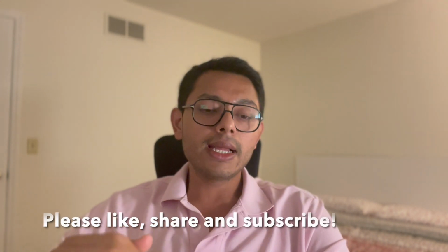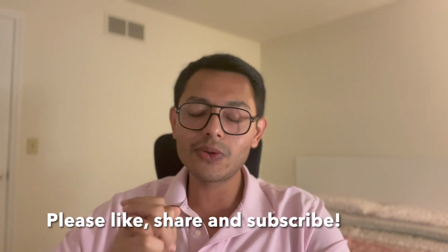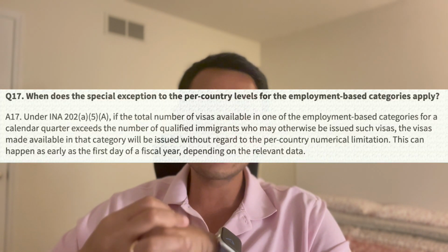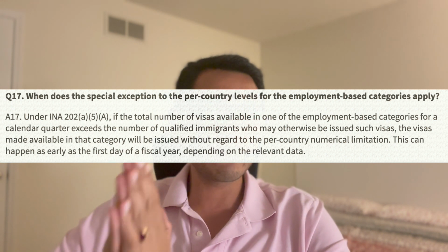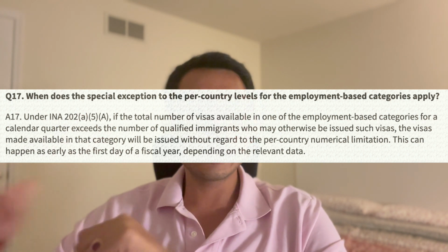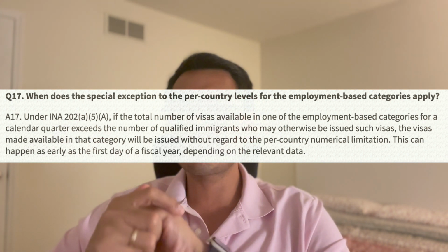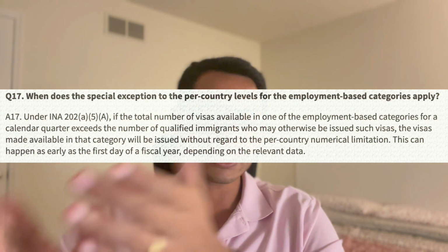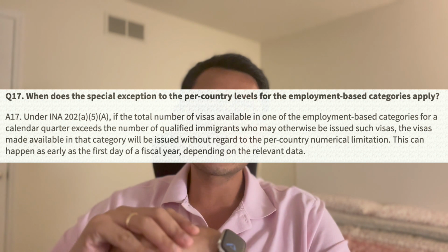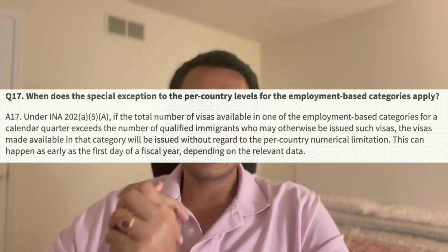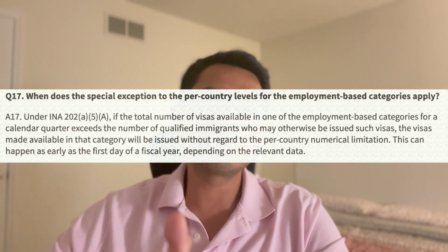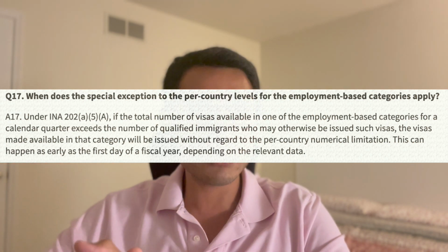Now, there is a very interesting thing that I read in USCIS, and I'll quote that here so that you all can read. There is a section in the Immigration and Nationality Act of 1952, and that section is called 205, and then there is section 5A, which basically tells that, let's say if there are 100,000 visas available. I'm just explaining it to you in plain English, and I'll also quote that here in this video. So let's say there are 100,000 visas available, and let's say there are only 90,000 people present at the moment that require the visas, right?